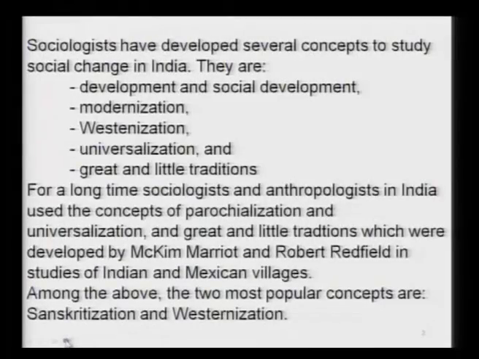Social development, as opposed to economic development, includes literacy, health indicators like life expectancy, status of women, equity or inequity between the rich and the poor, urban and rural areas. And those who talk about social development say that the ultimate goal of any development is social development. So, it has to be seen whether economic development in a country is leading to social development or not. And modernization refers to a process by which society is developed by using more latest technology.